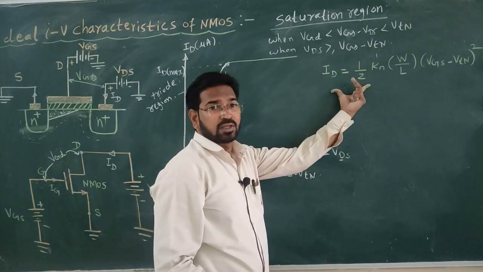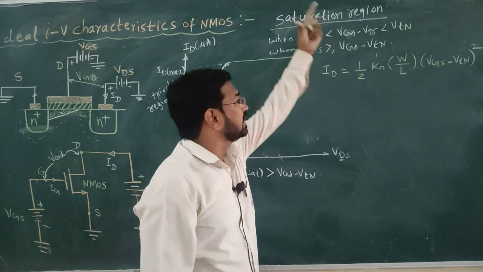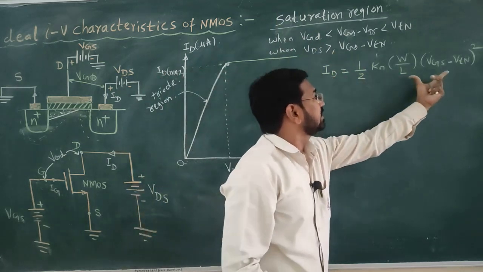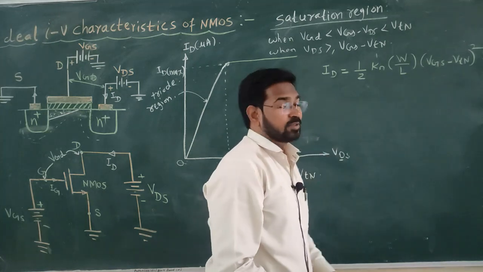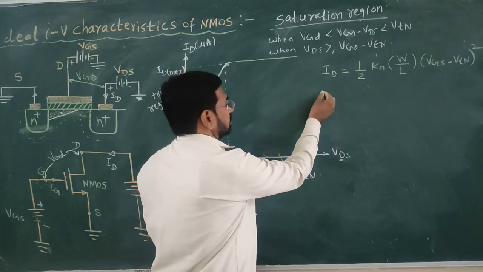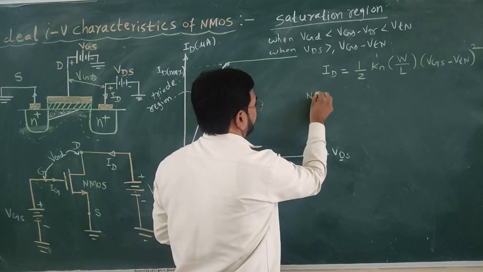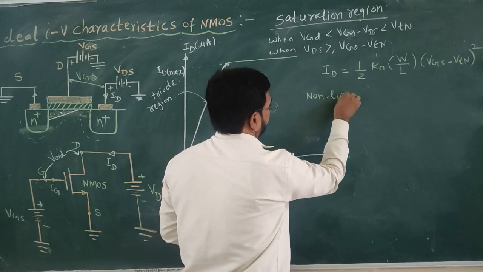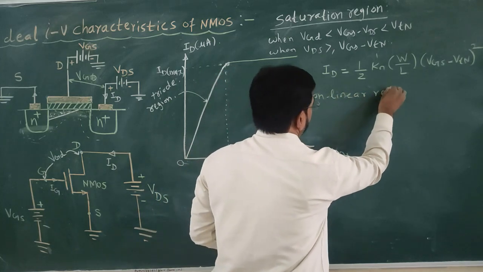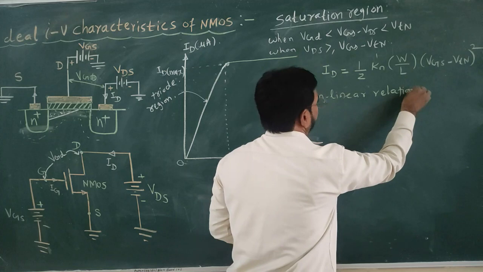See this, this is the non-linearity between drain current and the gate voltage. So this equation is non-linear, a non-linear relation between ID